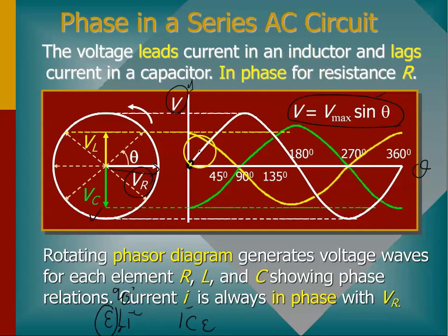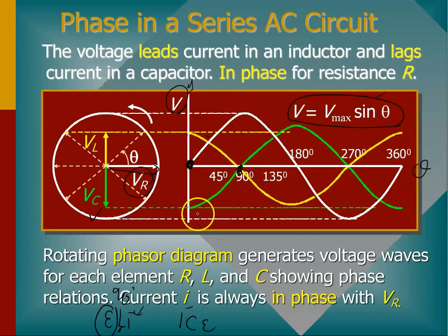So as you can see over here, the value of V at 0 degree is actually very high, at the maximum point, because it is leading the current. It is leading the current by 90 degrees, right? And as you can see, the value of V at 90 degrees is equal to 0. But then the value of V at resistance at 90 degrees is just reaching the